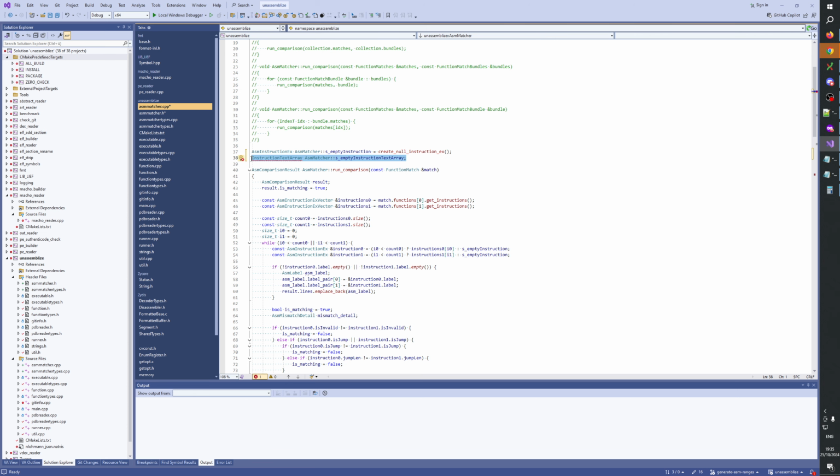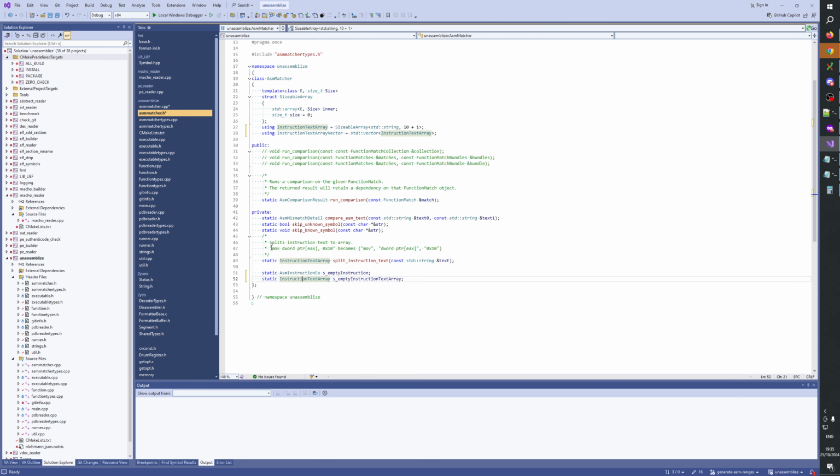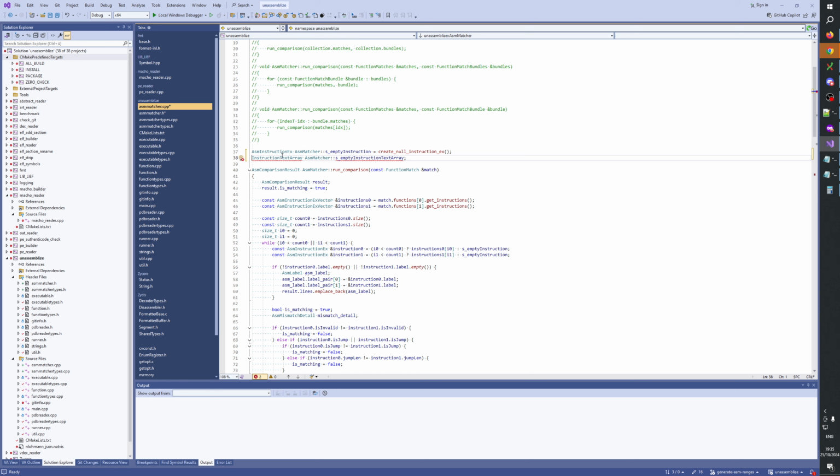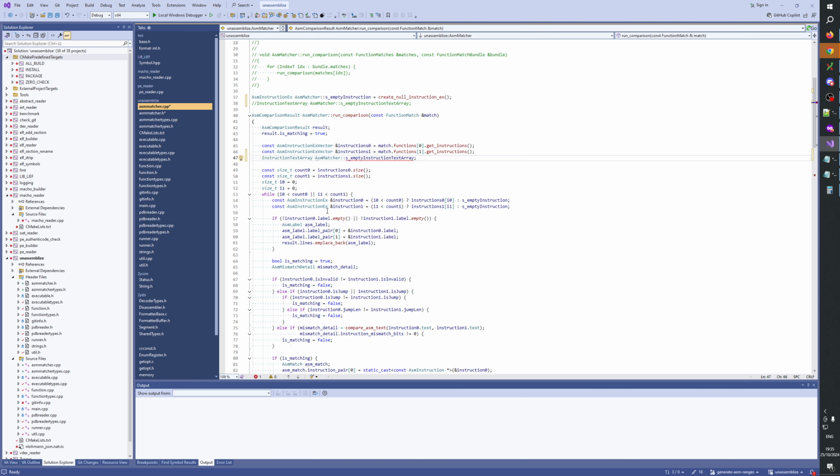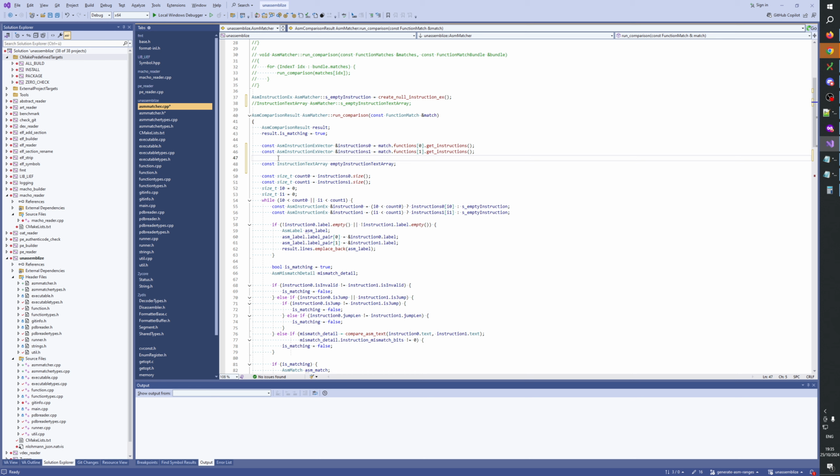Actually, I think this one can be local to the function. It doesn't have to be here. Let's put it here, const empty instruction text array. Okay, let's put it here. So what we need to do, well, let's put it here. And then we need